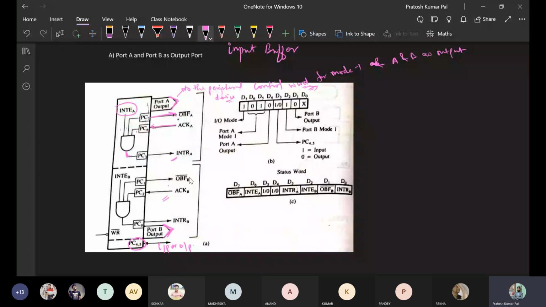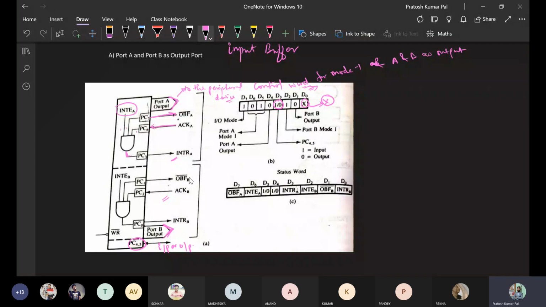The control word register format is basically the same as the mode 0 control word register. Only this D0, because this is C lower, will indicate the input and output mode of C lower. Here this input is of the higher bit, so it is not fixed, because it is talking about the lower pins of port C. If it is the upper port, then the upper port can be working as input or output mode. That's why the D3 bit is either 0 or 1. Okay, so if it is 0, it will be working in output mode.